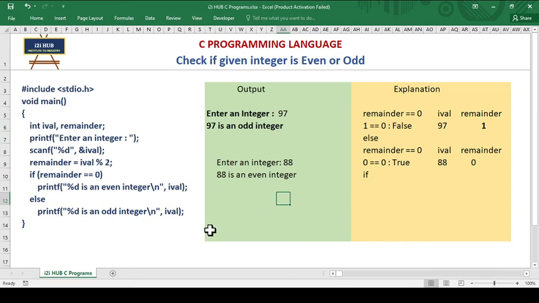In this series I will take many different programs starting from the beginner level, and we will go to pointer programs, and we will start analyzing pointers to a function, an array of pointers. So we will go to that level, we will see structures, unions, all the things. But as of now in this video we saw how to check if a given integer is even or odd. So this is the program, and this is how we need to analyze it and understand it.